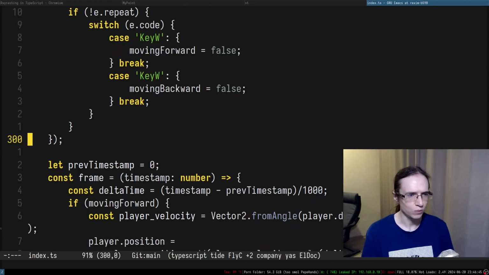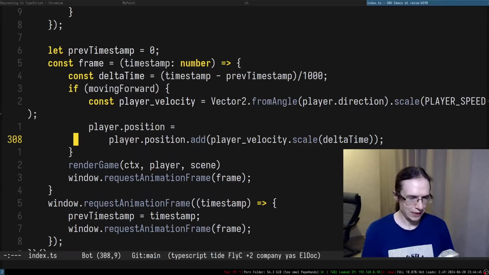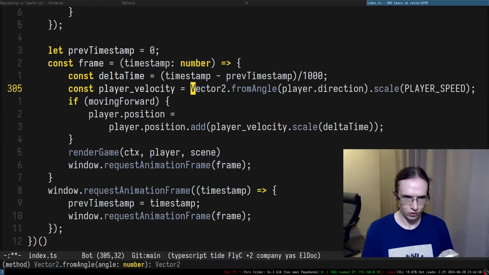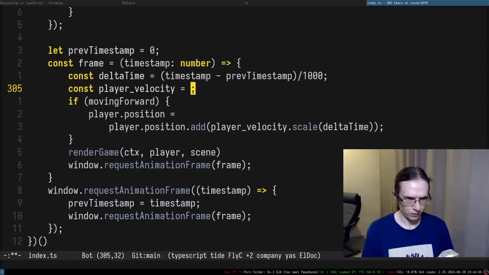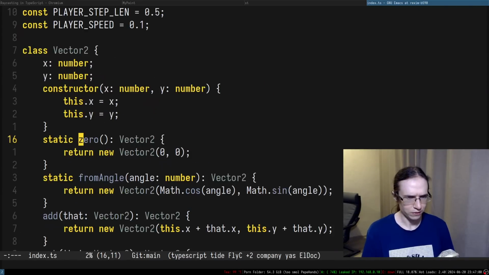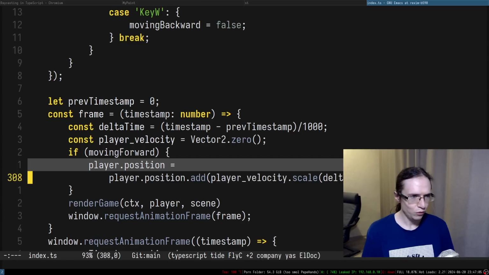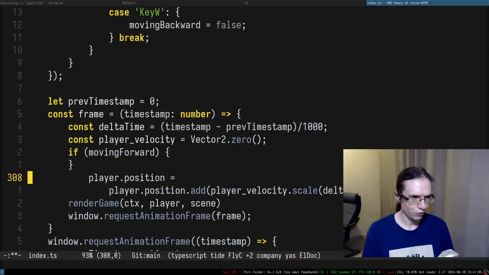Backward. Cool. What I'm thinking, chat, is that we have to create a player velocity, which is going to be essentially 0. Do we have a vector to 0? I do not remember. I do have it. Look at that, apparently. Perfect. So if we are moving forward, we're going to be adding a